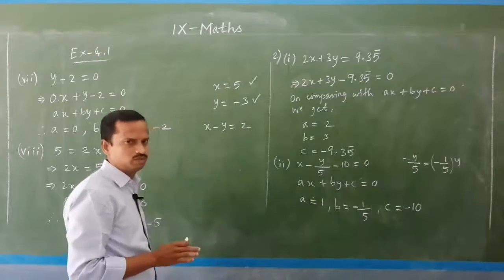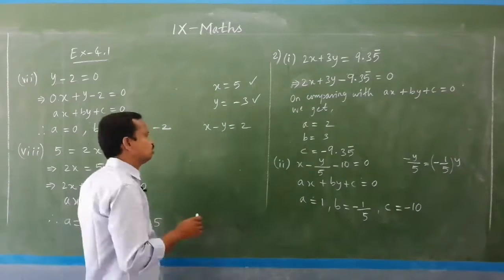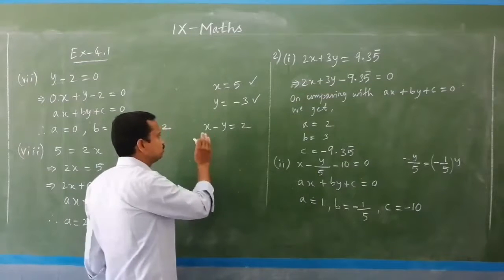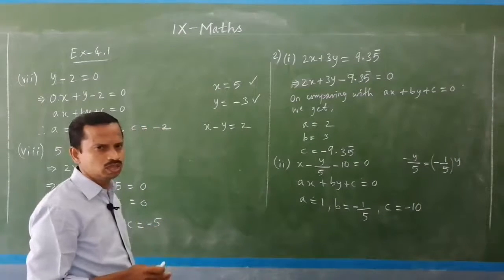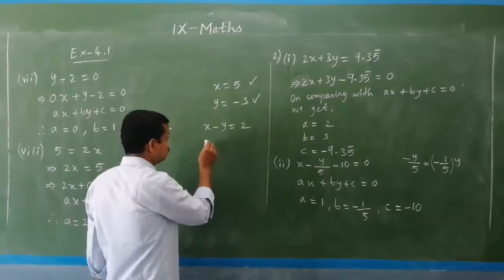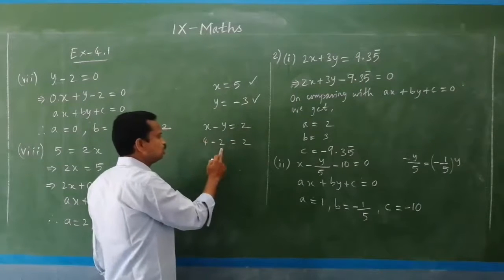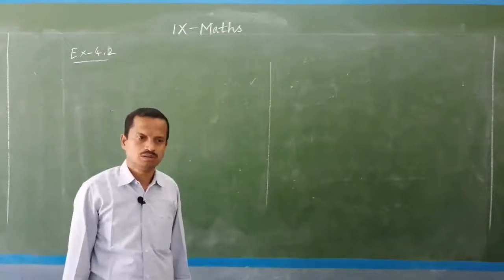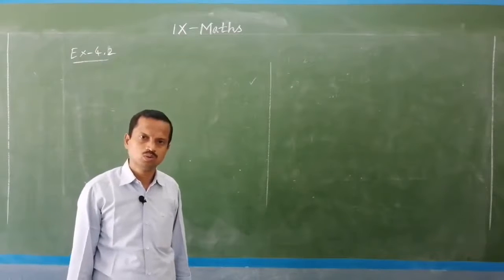So, finding the solution of a linear equation in 2 variables, what does that mean? Solving an equation. You have to find the values of the unknowns. Unknown means variable. Here x and y are there. So, a linear equation in 2 variables has infinite solutions. Okay, I already told you. See the example here: if x is 4 and y is 2, then 4 minus 2 is 2. So, generally there are infinite solutions for a linear equation in 2 variables.